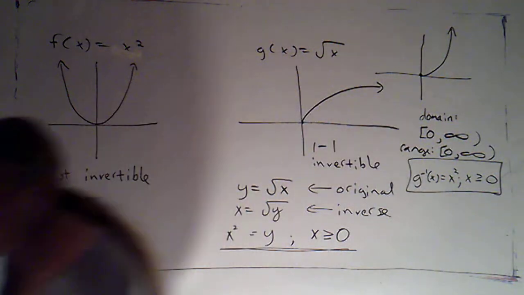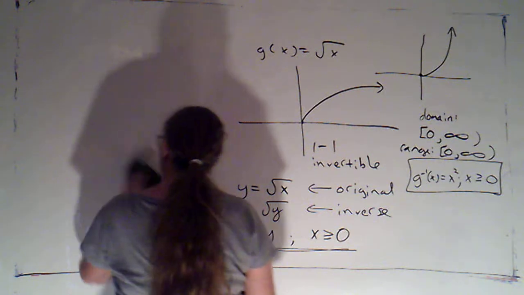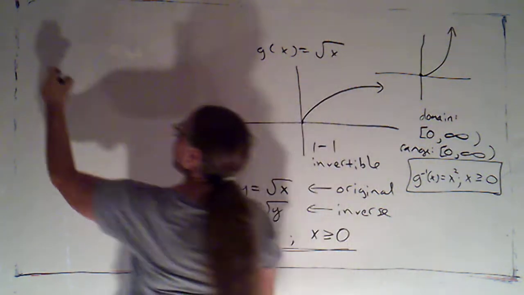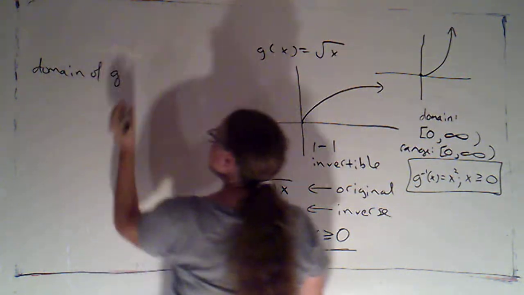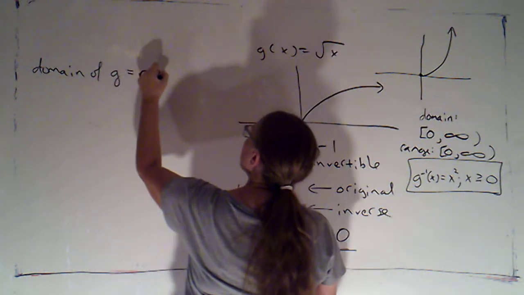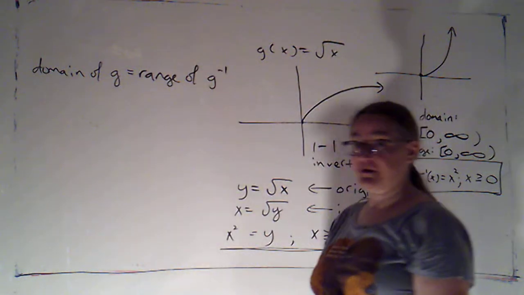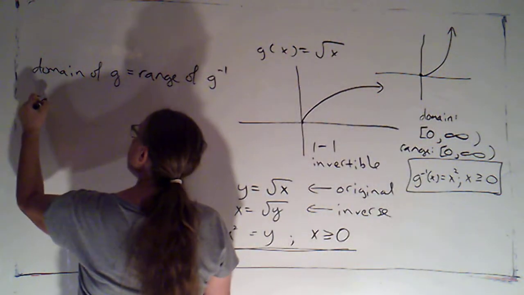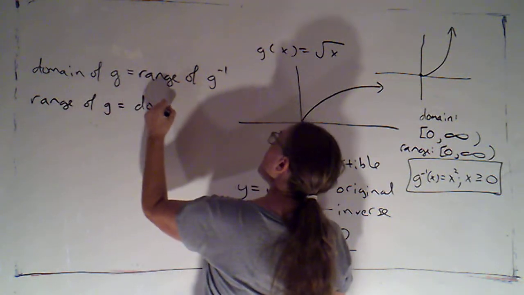And the rule is, because with inverse functions we're just switching the roles of x and y, the domain of g is equal to the range of g inverse. And the range of g is equal to the domain